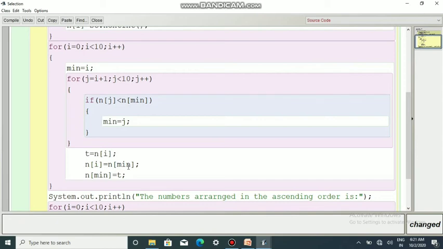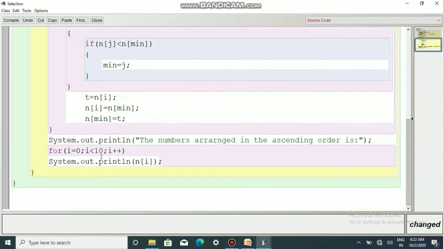The minimum value will come to n of i, that is the 0th position, and to n of min, that particular position, we will have the first value, that is t. This will happen for all the elements in the array. After this is done for all the 10 elements, the elements are in ascending order, and we'll be printing the values.